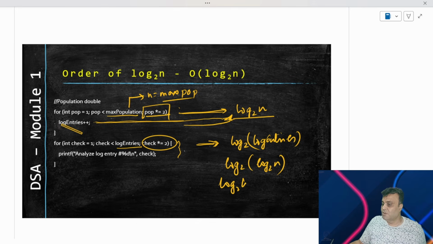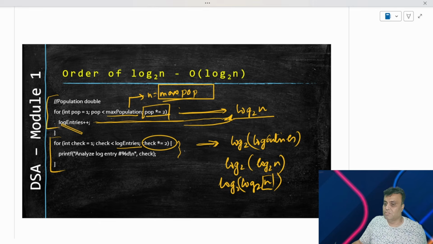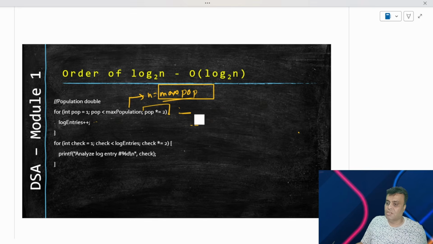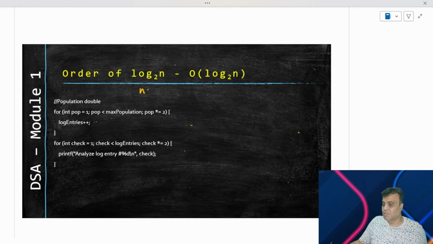So which means that this is log base 2 of n, and this n actually stands for your max population, right? So this entry, which is log base 2 of n, is the time complexity for this particular for loop. How about the time complexity of the previous for loop, right? In fact, if you see, if I take this from a clean slate standpoint, you would understand that intentionally I had omitted the scalar quantities. I'll bring back the scalar quantities for you from a perfect understanding standpoint, and then we can debate on what can be the complexity. So we are saying n is equal to max population.